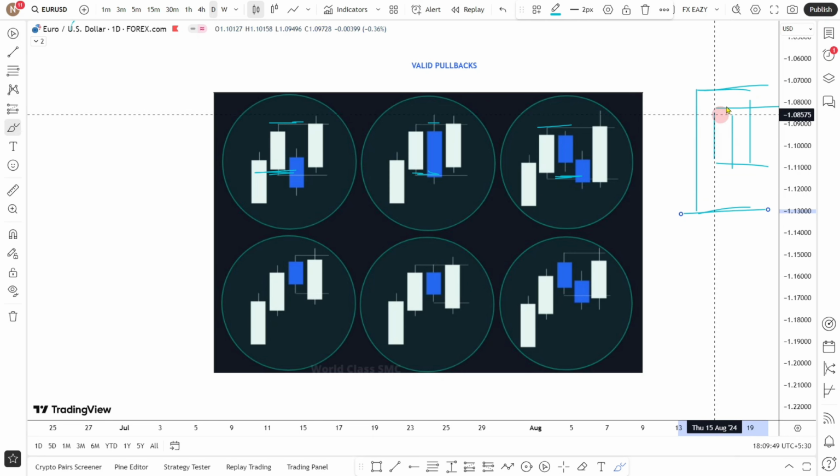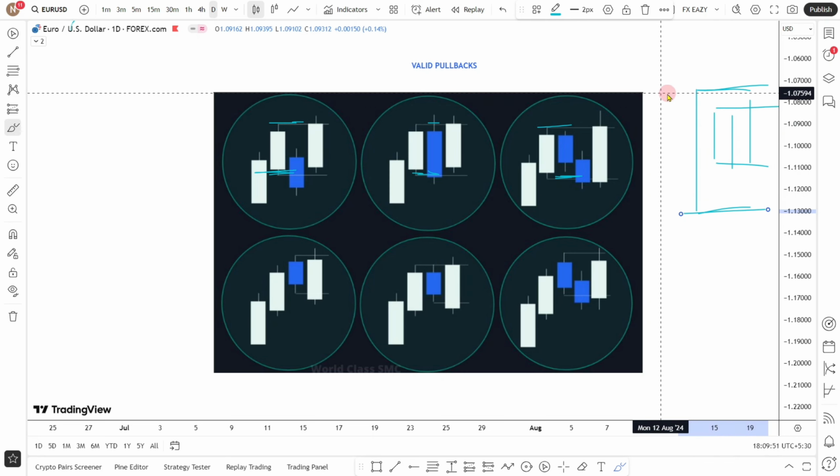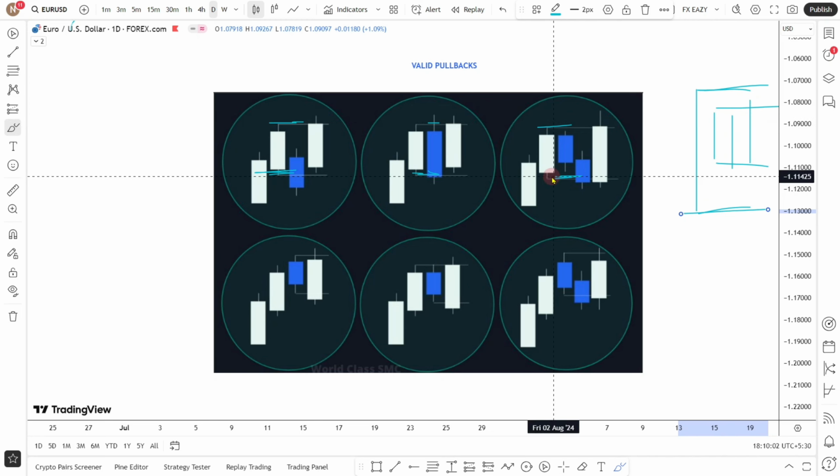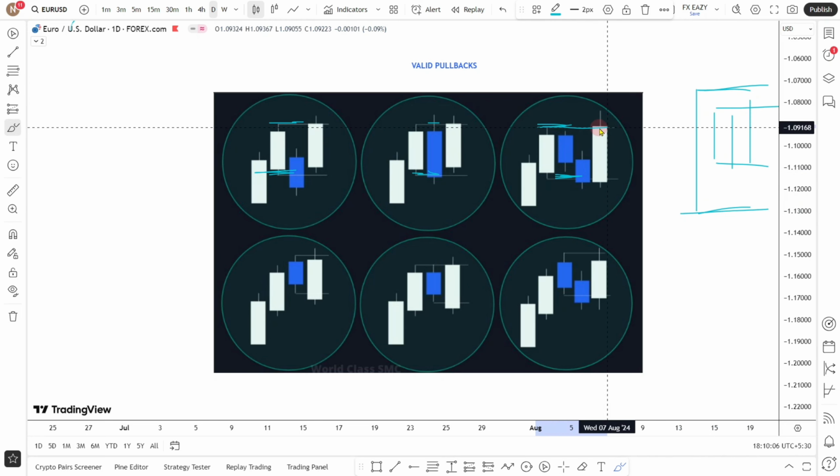Even if it is forming 4 candles here, we would be taking it as one single candle. We would forget about these inside candles, the candles which are inside this level. See, it has taken the liquidity here, and when it gives a closing above this high point,